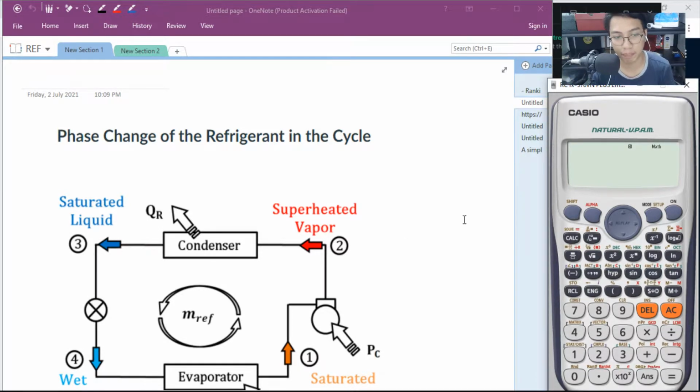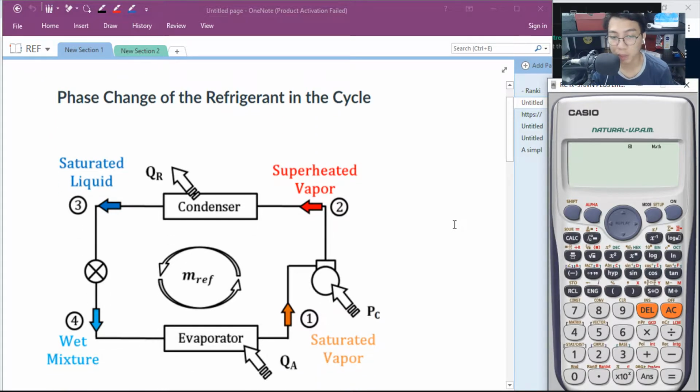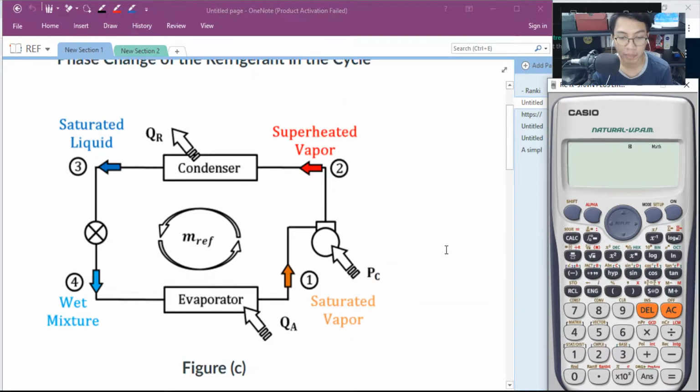That's what it should be. So, if we have a simple vapor compression cycle, where we have 4 points where we can determine what phases the refrigerant has. Now, in this figure, we can see the movement of the refrigerant coming from just before entering your compressor, and then entering your condenser, and then going out of the condenser, what happens to your refrigerant, and then after the